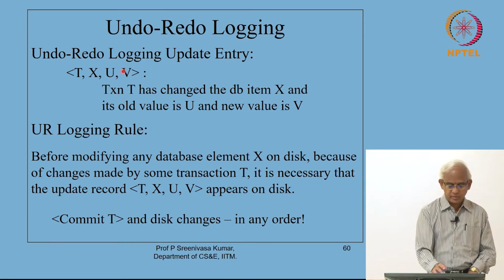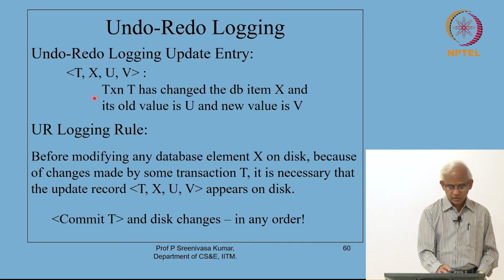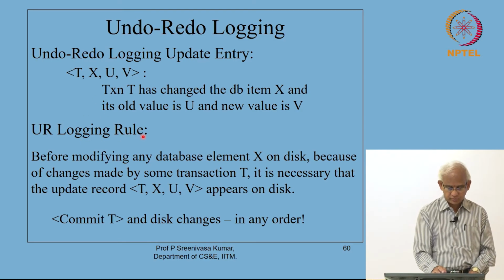the update entry will be actually the transaction ID, the DB item X, what's its old value and what's new value. So that way we have the flexibility. In case we have to roll back a transaction, we know the old values. If we want to redo the transaction, we know the new values. So that way we have greater flexibility, and so the only principle that we have to follow, of course, is